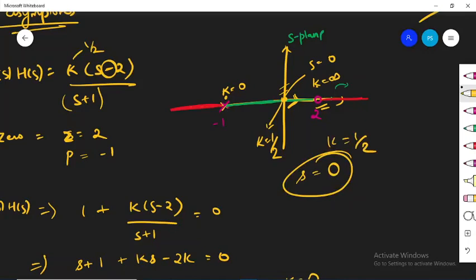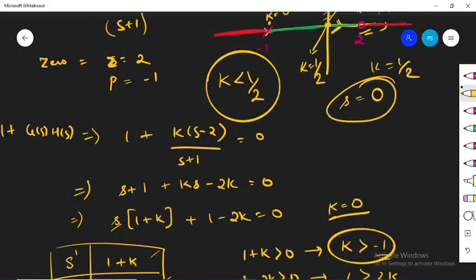So you have to make sure for such kind of root locus system, if you want your system to be stable, then you should keep the value of k less than 1 by 2 at any cost. Otherwise the system is going to become unstable if you are not very attentive about this value.